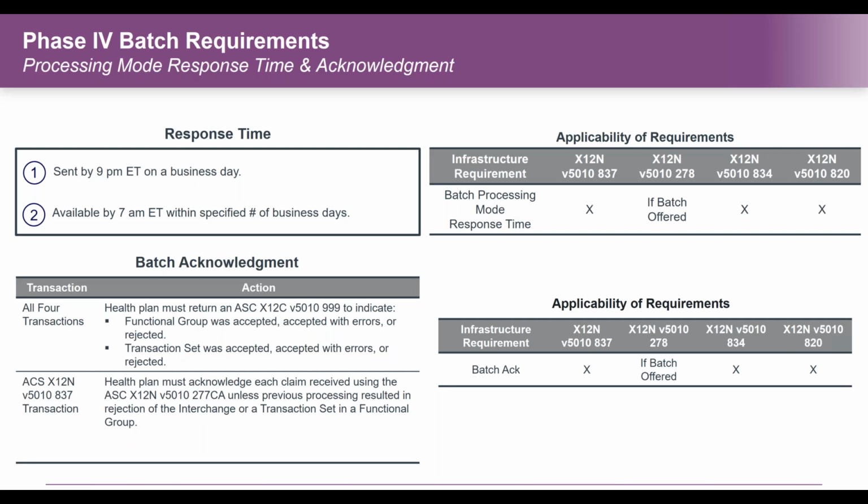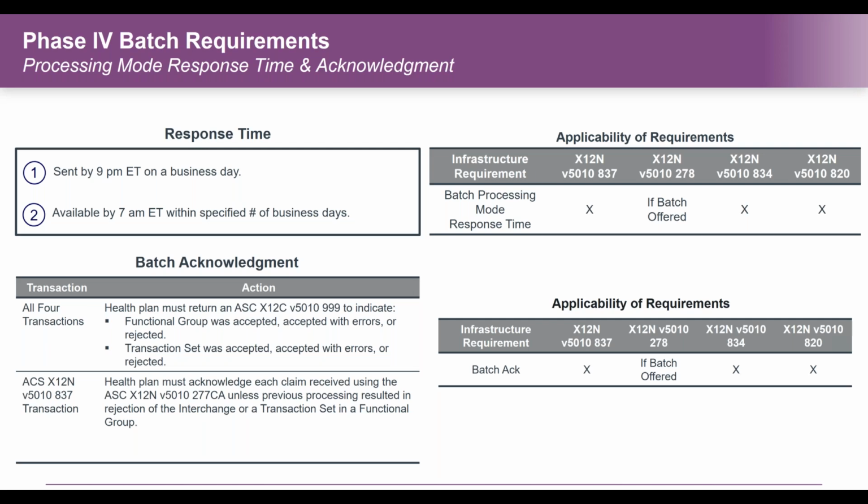If you're sending a batch of claims in from your provider and you send that batch of claims into your health plan every evening at 6 o'clock when you leave the office, you'll be ensured that you'll have acknowledgments ready for you the next morning. So it allows you to submit that batch, and within the next day by 7 a.m. Eastern Time, you'll have our batch of acknowledgments back in hand, so you know exactly that the batch was accepted,